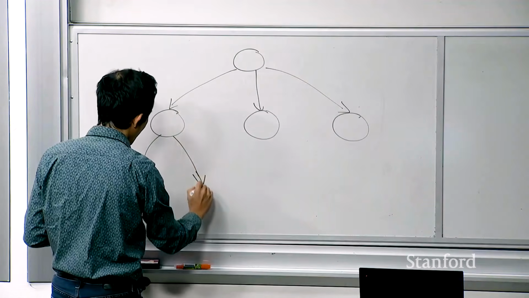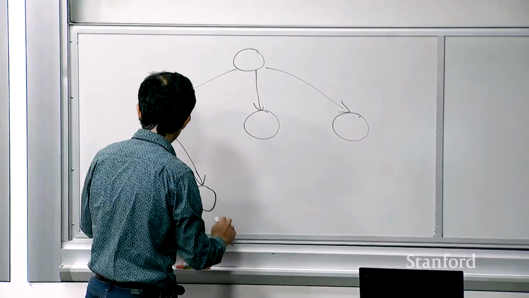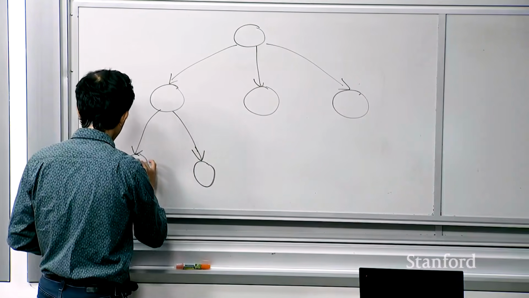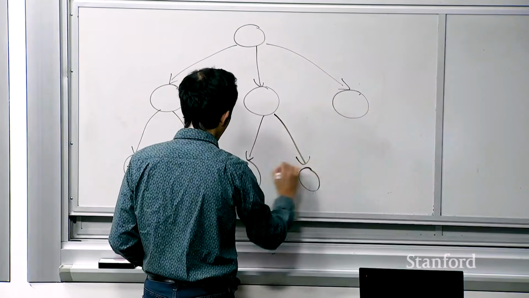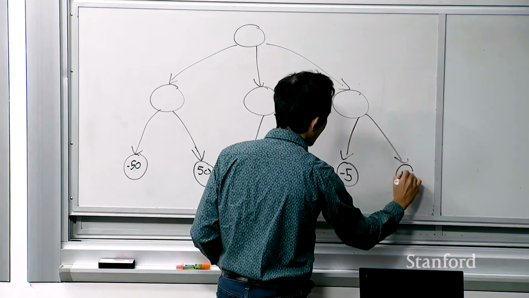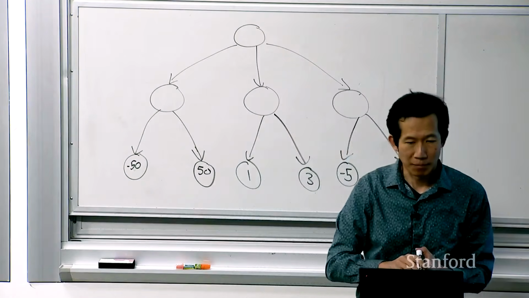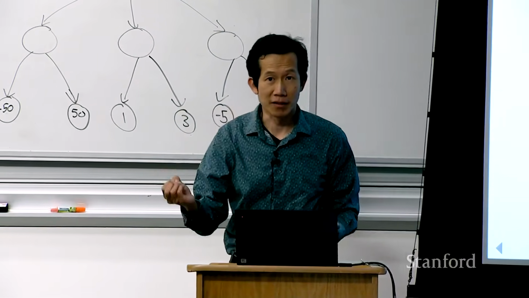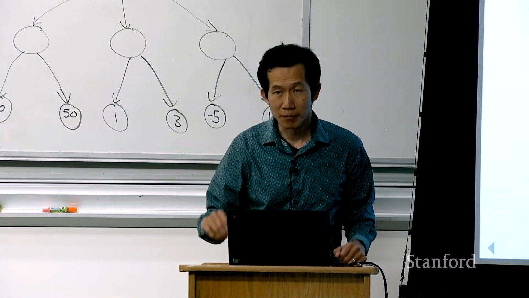then now it's my turn, and I choose a number, and that can end in, I'll just leave the nodes up there, minus 50, 1, 3, or minus 5, 15. Okay? So every root to leaf path is a rollout or a trajectory or a game outcome. And at each node, a player has to make a decision. Some of the nodes are the agent making a decision, and some of the nodes are an opponent making a